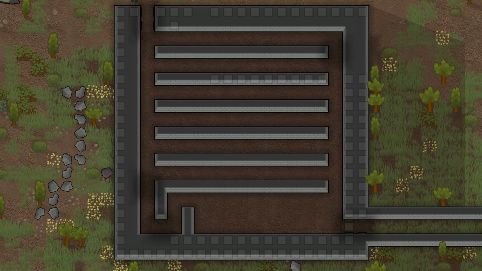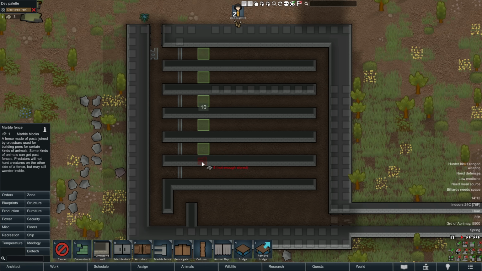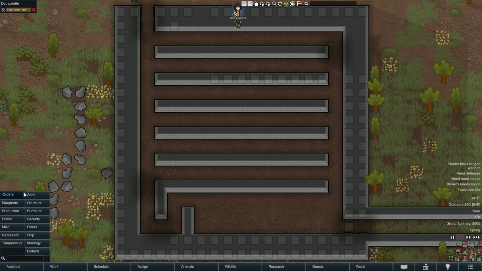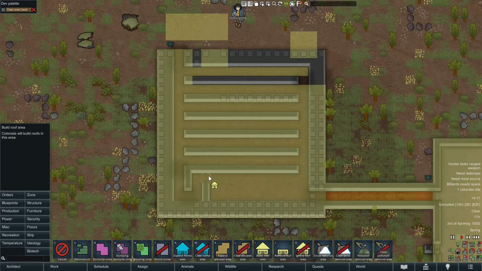Now plan out your corridors, leaving space for around 30 tiles at the end. Now place a piece of fence made out of any material that will not burn on every other tile starting at the enemy entrance. Yes, there are other things you can use in place of fencing, but I will get to that later. Now go to the Architect button, Zone, Build Roof Area, and build a roof over the entire